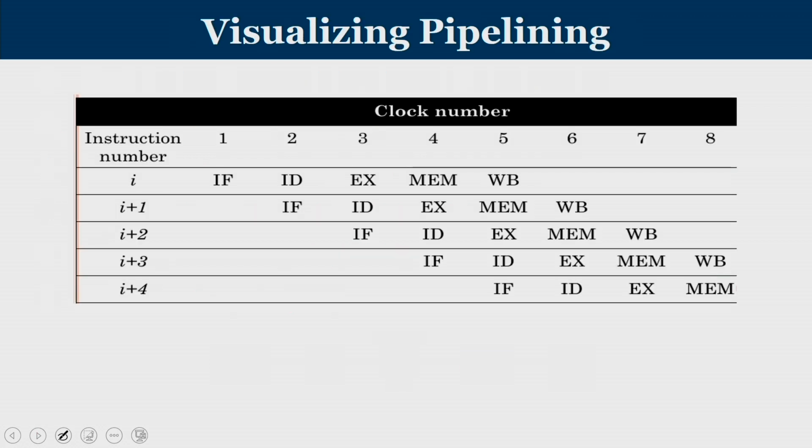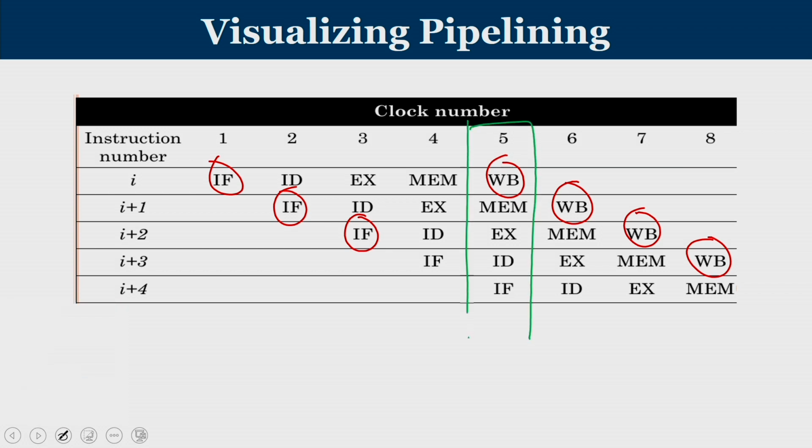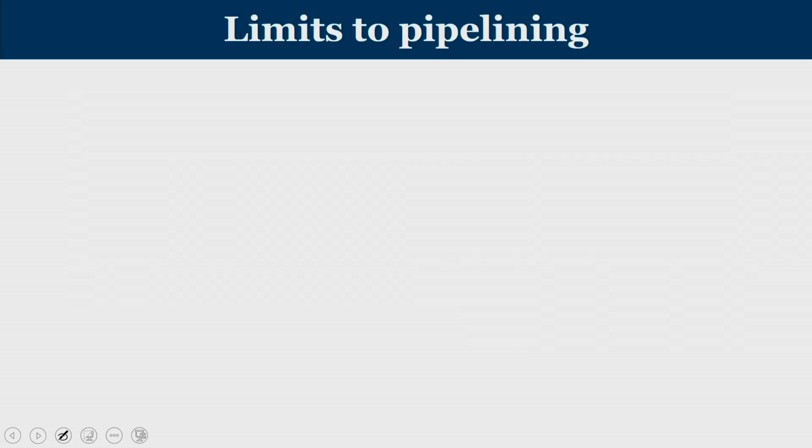And this is what we have seen. Every cycle we start a new instruction, even though the previous instruction is not fully over, and after the initial latency, for every cycle we can see that one instruction is getting completed. At any point, you can see that all the 5 stages of the pipeline are busy with 5 different instructions, and this is the ideal case of visualizing a pipeline.